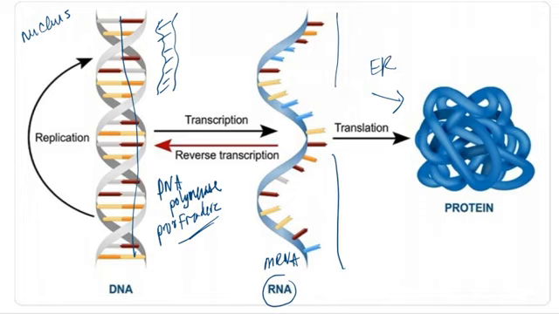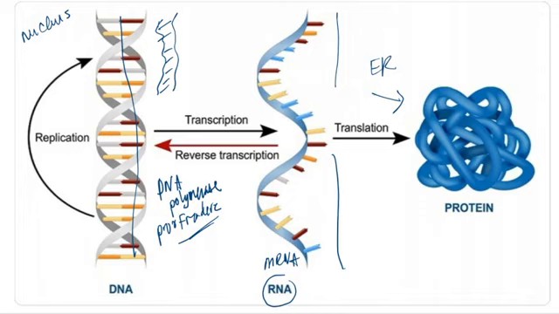And it's on the next slide, so I do have all of this written out for you. We do get mutations in that area, and that is where we get base pair substitutions, missense, nonsense, and frame shift, and we'll talk about that more. But these are where mutations can happen.